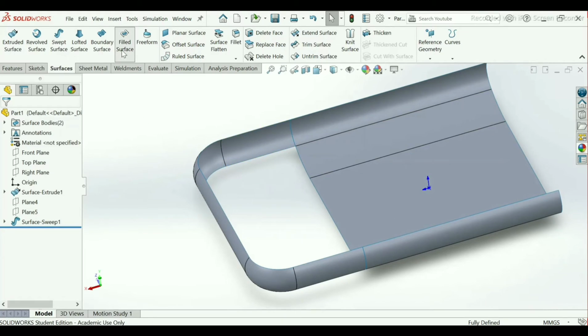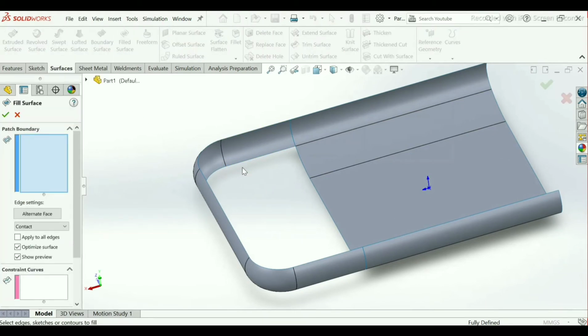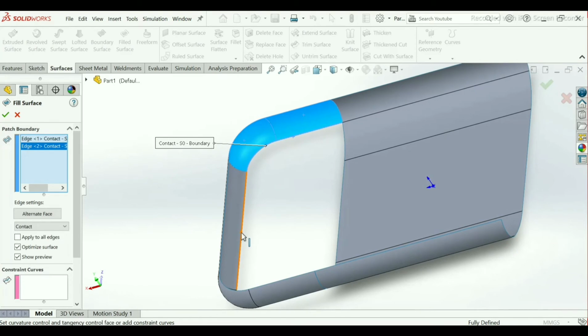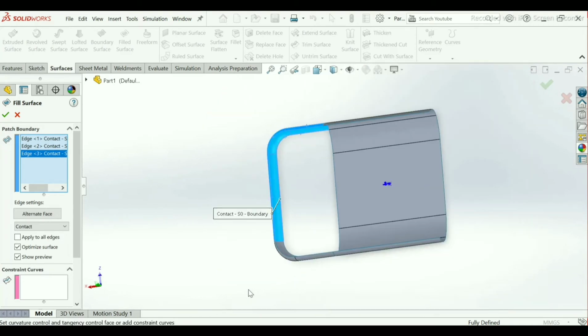Go to filled surface. Select the edges only. All the edges.